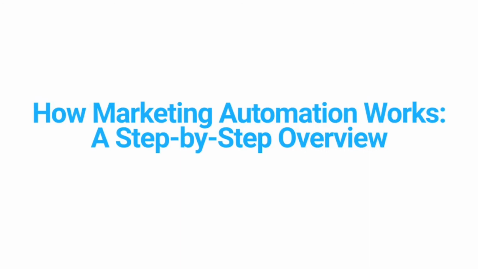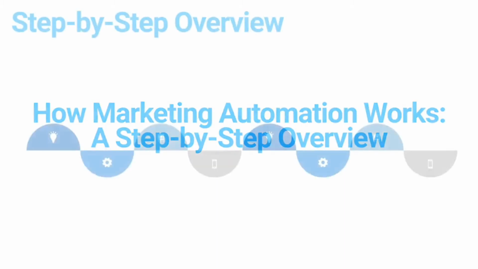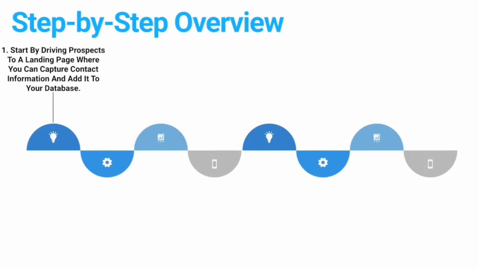Well, let's take a look at how marketing automation works. We've designed a step-by-step overview for you to basically see how the whole shebang works. Let's take a look. The first step is to start by driving prospects to a landing page on your website where you can capture contact information and add it to your database. This is often done with a special offer or a lead magnet like an ebook or a webinar, so that they give their contact information and you can capture it and then start nurturing them into your whole entire marketing automation system